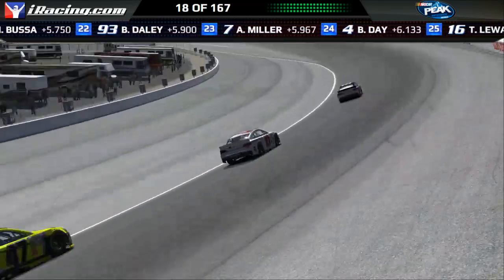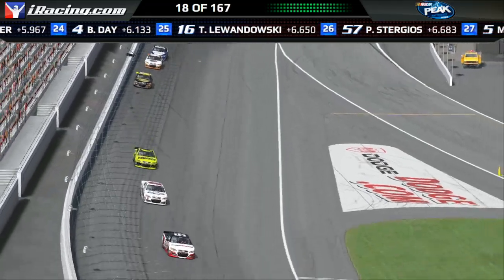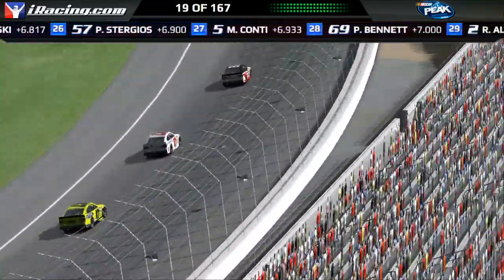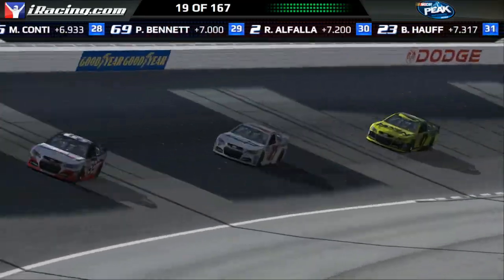This is looking like a green flag run, at least at this point. This could very well end up being another one of those strategy races where you have to plan your pit stops and plan how much gas you put into these race cars. Yeah, you really do, Tim. I mean,